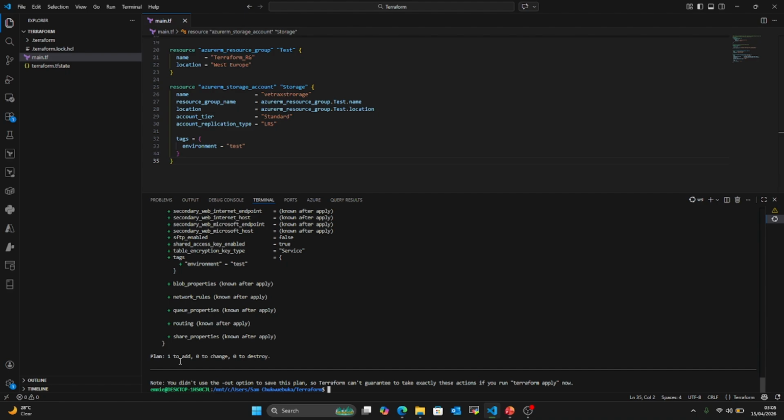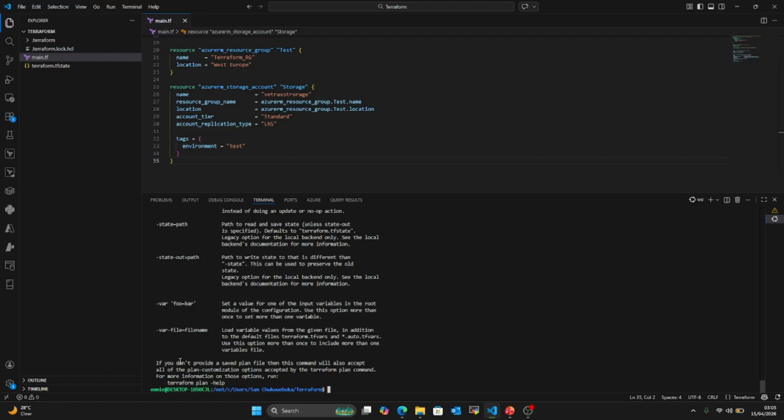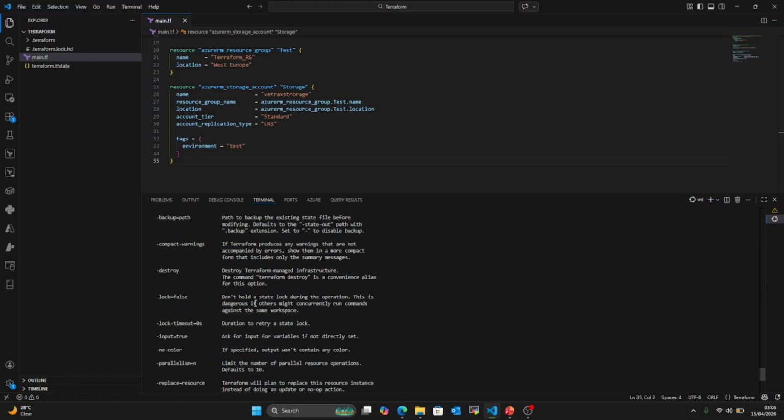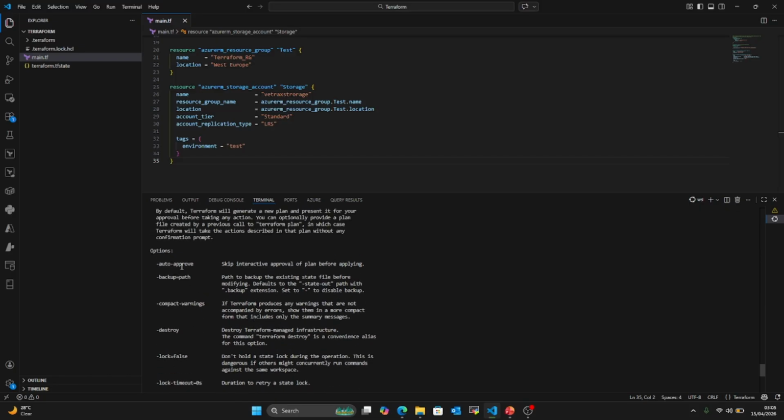So now that we have just one to add, zero to change, zero to destroy, we can go ahead and do Terraform apply. Let me do hyphen help. I'm trying to get something. Okay, I mentioned that it will keep asking you yes. So this is where you use auto approve. So we are going to do